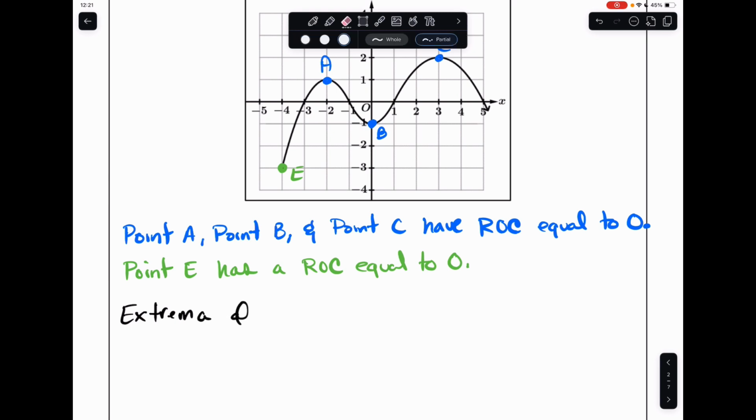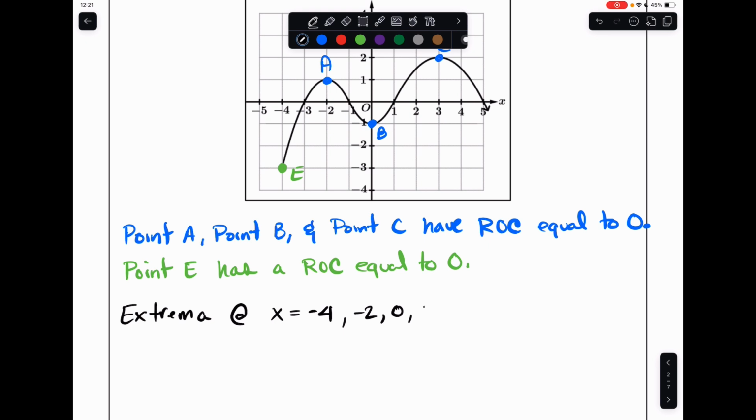So this thing has an extrema at x is equal to the following positions. We're going to do it from left to right. At point E, where the x value is -4. At point A, where the x value is -2. At point B, where the x value is 0. The origin right here is 0. And at point C, where the x value is 3. So our extremas are located at x is equal to -4, x equals -2, x is equal to 0, and